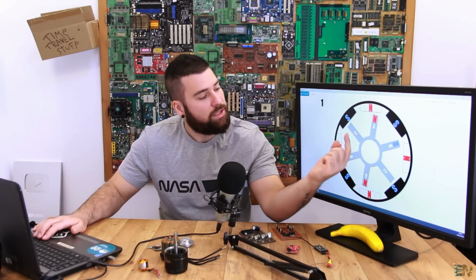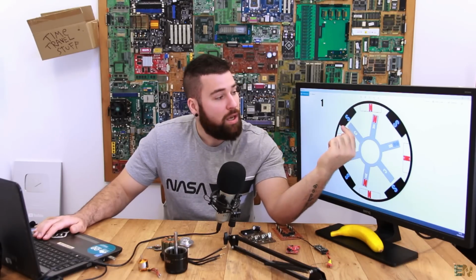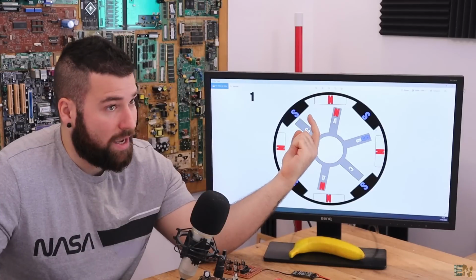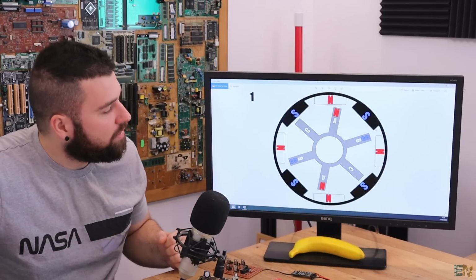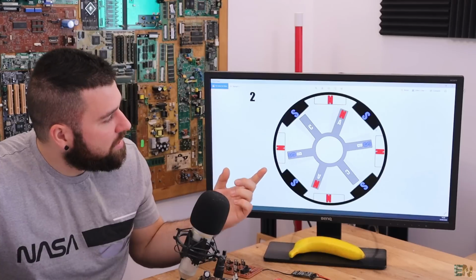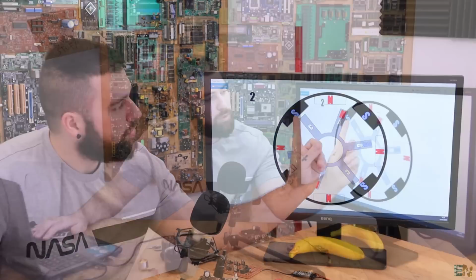Till when? Well, till this C coil, or the coil that is floating, will pass exactly in the middle of this magnet, because that's when we detect the peak of the magnetic induction. So let's just make one step. As you can see from here, we've made one step, and exactly in this moment when we pass this magnet,